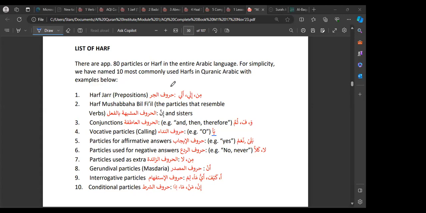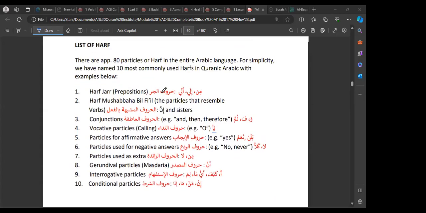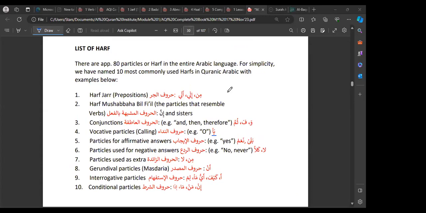I don't think they got the lesson 20 PDF copies, so she's asking for it. Okay, that will be sent after. This will be sent tonight, so not to worry. Okay, so I'm going to stop sharing now and move on to Surah Baqarah, and we're going to have some practicals, inshallah.